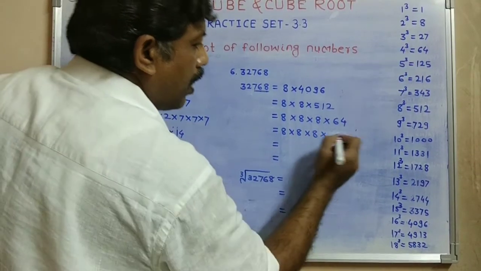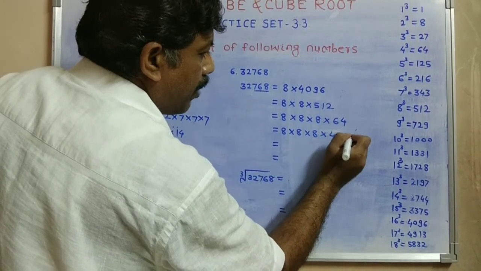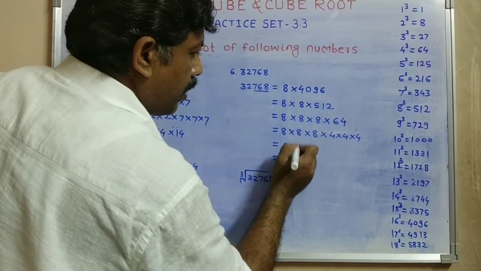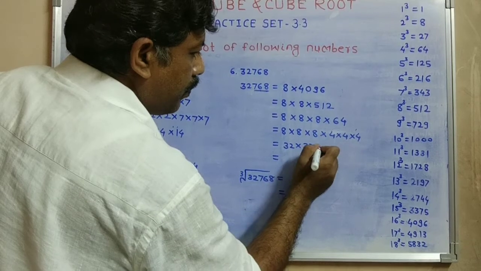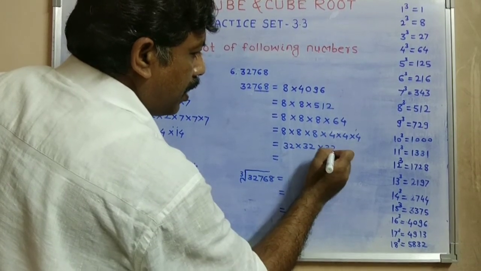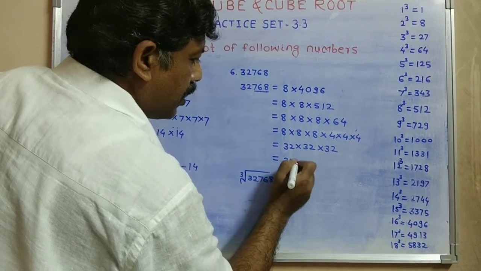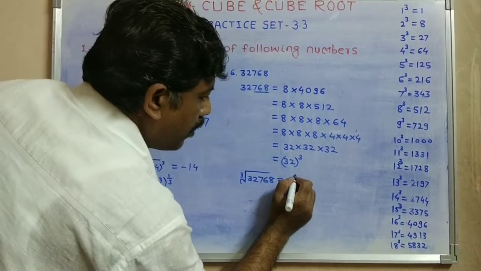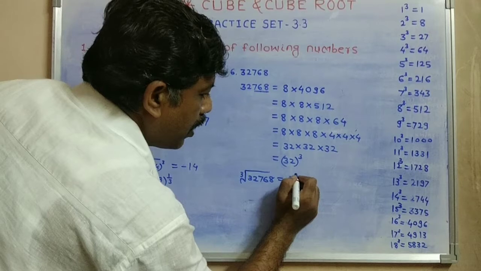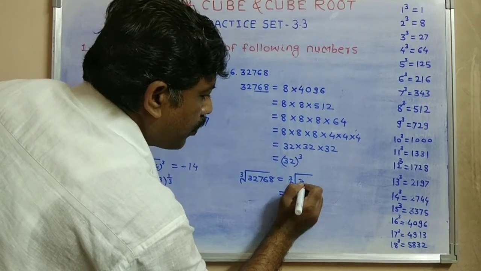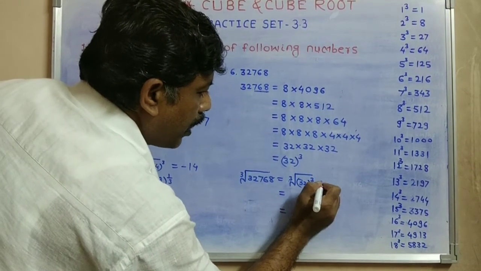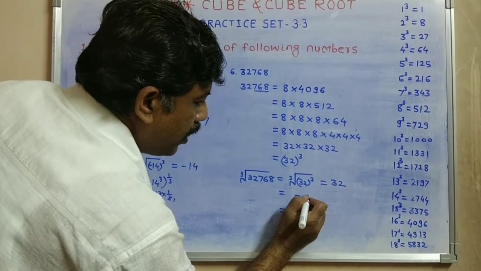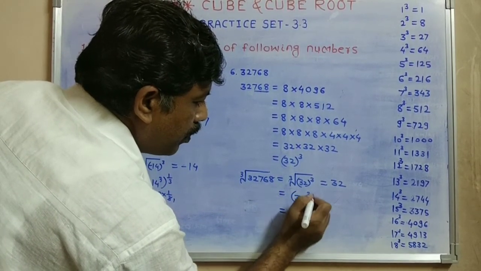64 is a cube of which number? 4. Therefore 4 multiplied by 4 multiplied by 4. Therefore 8 fours are 32 multiplied by 8 fours are 32 multiplied by 8 fours are 32. Therefore this number is nothing but the 32 cube. Now you can take the cube root of this number. When you are taking the cube root, it is the cube root of 32 cube. You can directly write down the answer equal to 32, or you can simplify 32 cube to the power